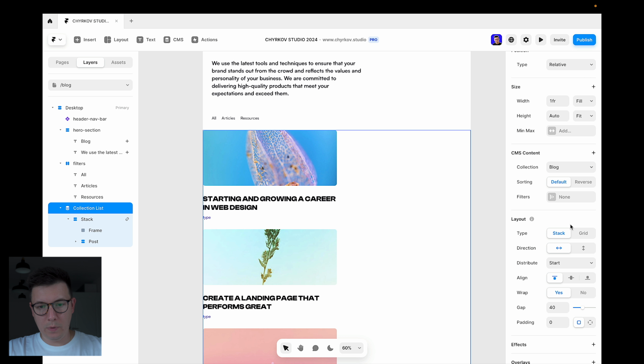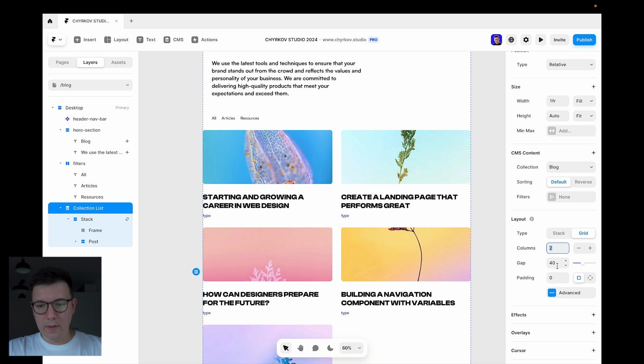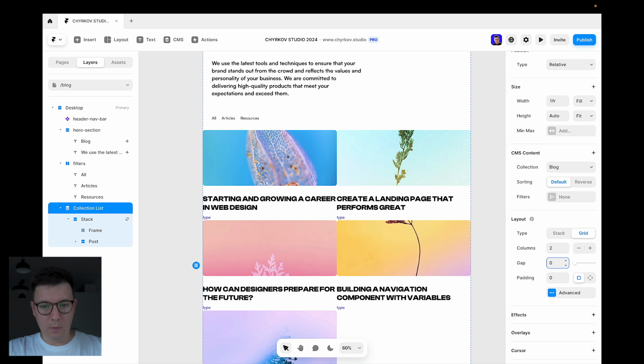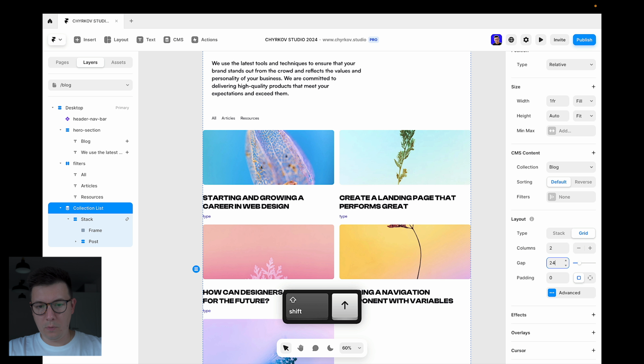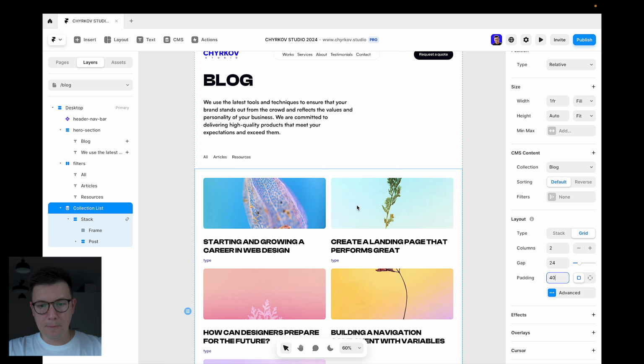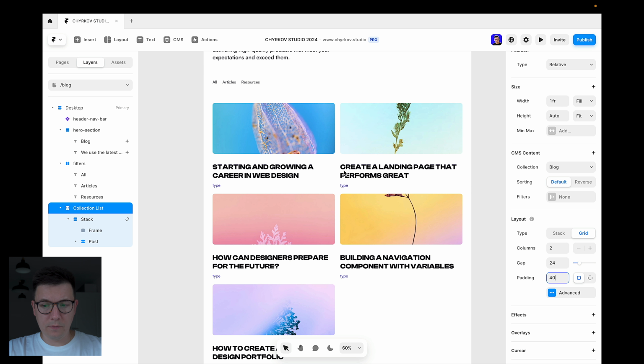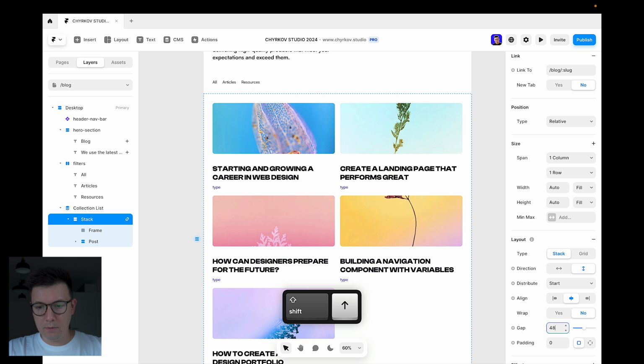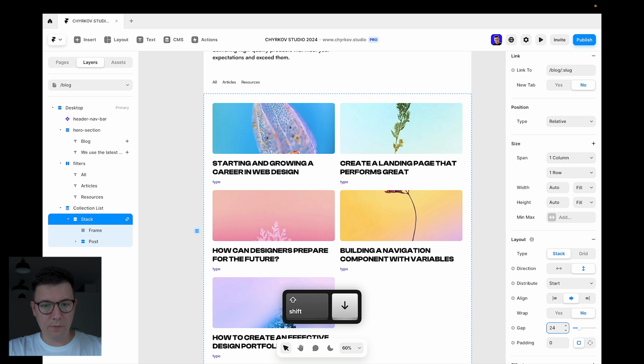So we can do it in the way that we can use grid. We can use 2 columns with gap 40, or we can remove gap so they will fit like this. But I think with the gap it looks fine. But I'll need to put some paddings as well, so I'll put 40, so it looks like this. Now I think it looks fine, and also let's try to use gap here. I'll make it smaller, about 24,